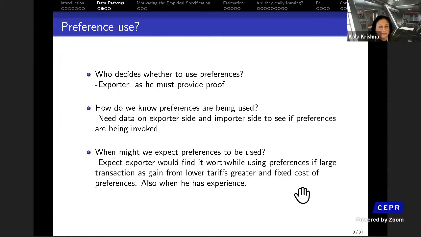When might we expect to see preferences used? Well, you'd expect that the exporter will find it worthwhile using preferences if there's a large transaction, because then the gain from the lower tariffs would be larger, and be able to cover the fixed cost. And also in his experience, because we'd expect that fixed costs would be lower then. So